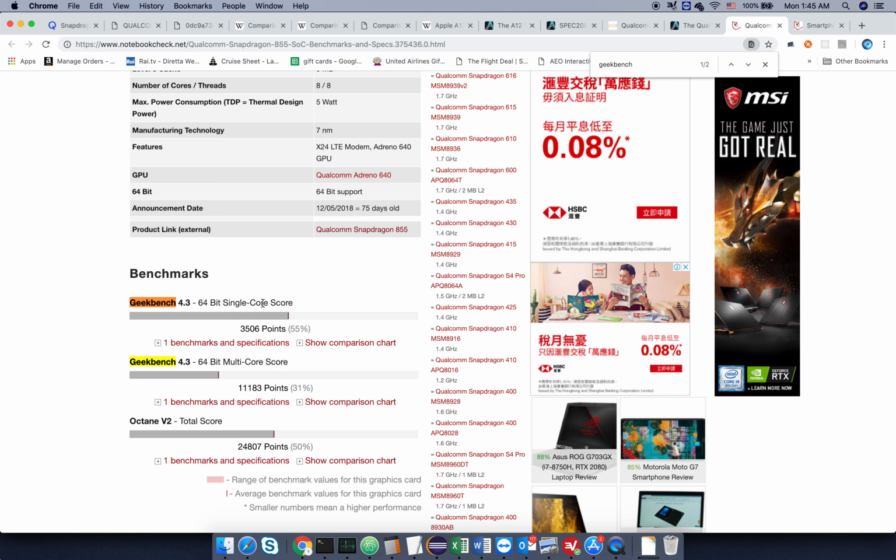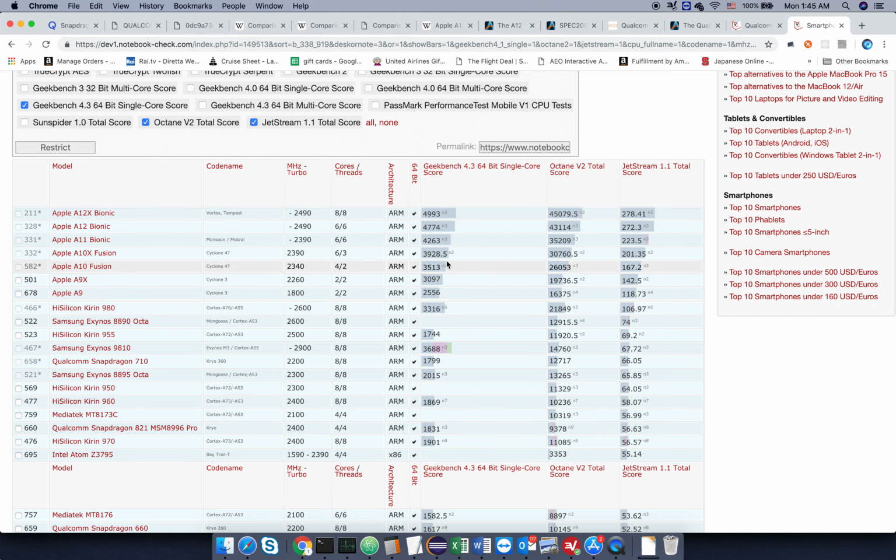64-bit single-core, single-threaded, 3.5K. And where is that? That's the same as the Apple A10 Fusion, which is from a long time ago. We're now at the A12, so maybe it was like 2 years ago or something. And slightly better than Kryo, because they are actually modified ARM cores. They're not just that. And you can see it's basically on par with this Exynos M3 thing.